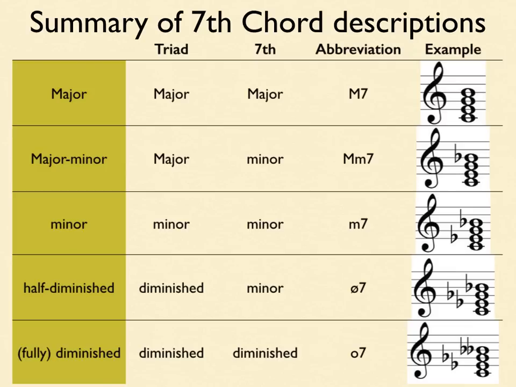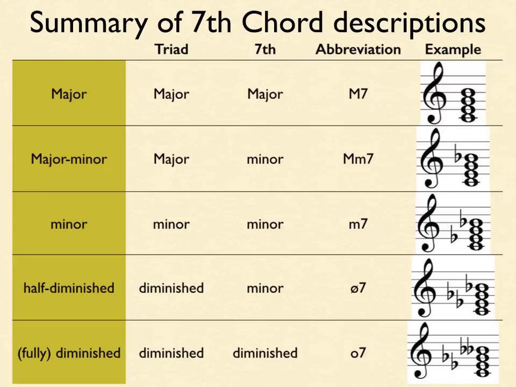And then you have a C and a B flat at the top, and that's a minor seventh. So that's why it's a half diminished seventh chord, because only part of the chord is diminished, but the other part is minor. So between your root and your fifth is diminished, but between your root and your seventh is minor. So that's why it's only half diminished, and you have to put a line through that